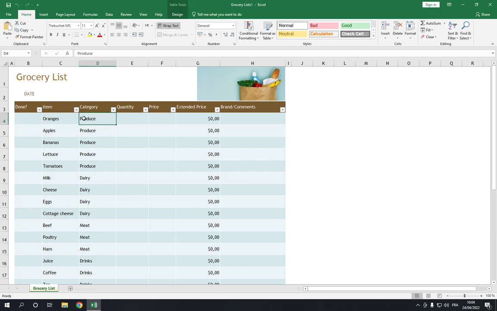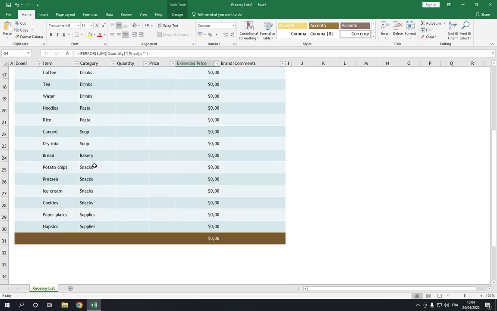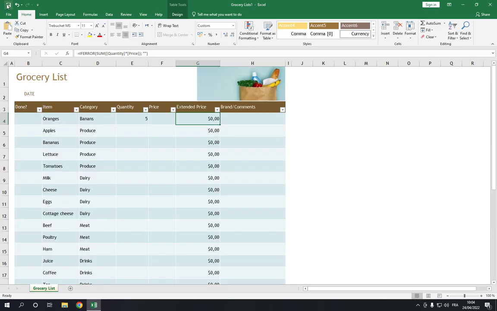Now here you can edit the product name. For example, let's say what products, let's say bananas, like this, and the quantity, for example 5, and add the price right here. And after you finish editing all this list, go to the top and click save, and everything